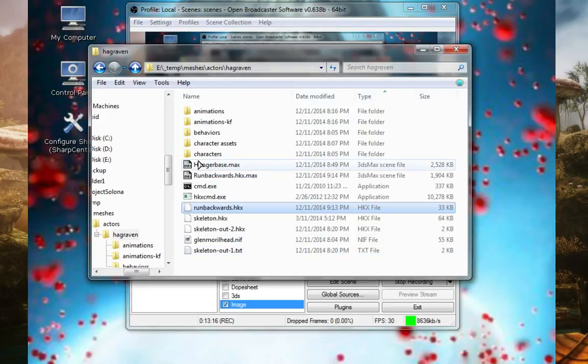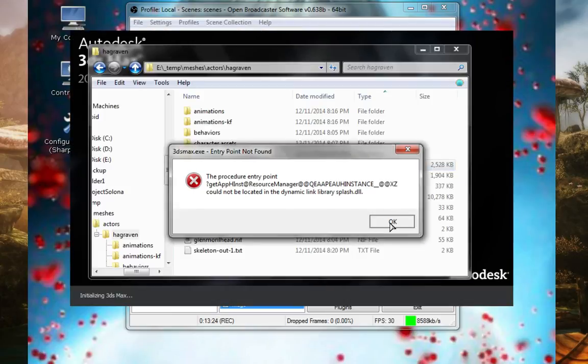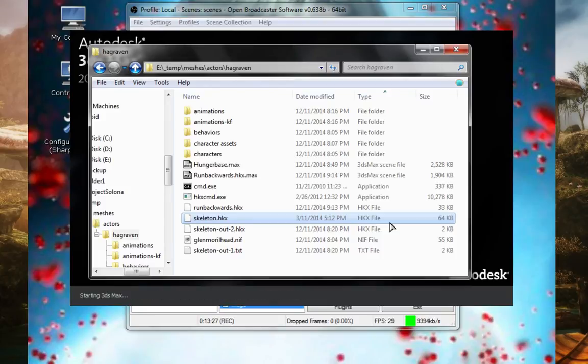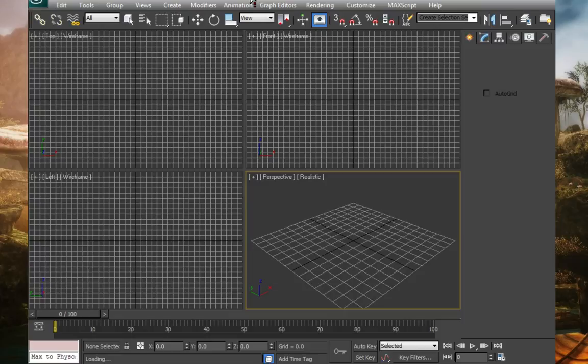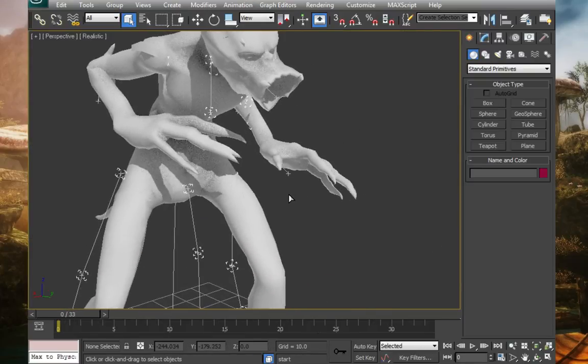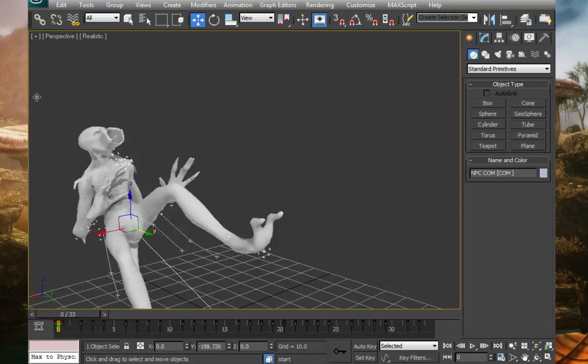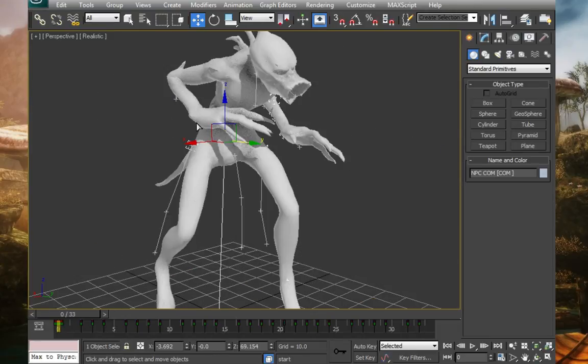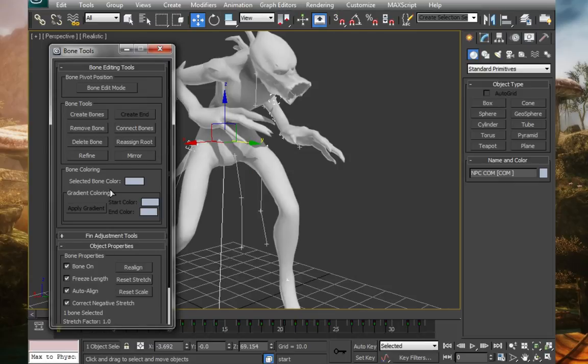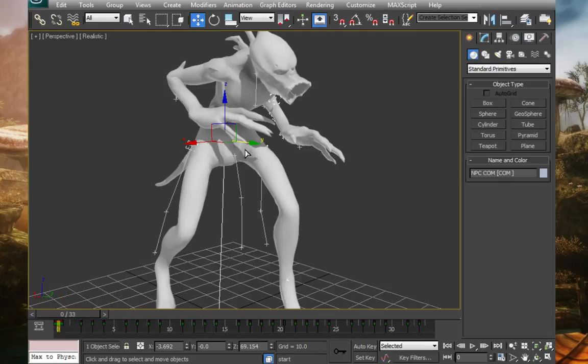One thing I forgot to mention, let's just go pull up the Hagraven base again real quick. Gotta love how my 3ds Max is broken. Can't believe I forgot to mention this. Whatever, Hagraven base, I don't really care. Okay, so we have the NPC combo. You're supposed to be able to move this around, but as you can clearly see, that's not how it works. To actually be able to do this properly, go into Bone Tools, you want to disable Bone on it,